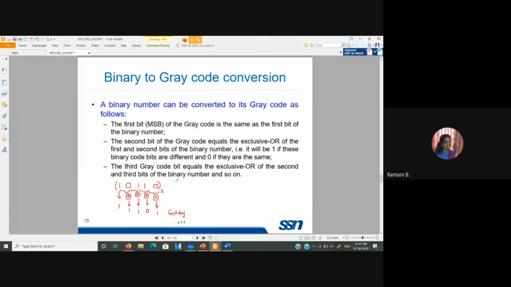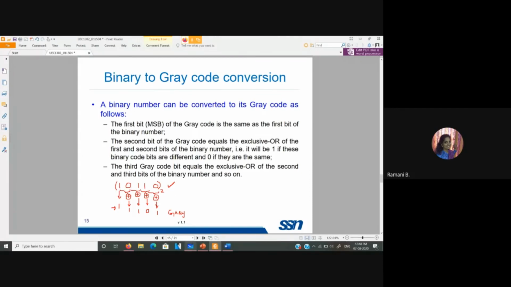So here I have considered a binary number 10110. So the most significant bit is written as it is. Next, the second bit of the gray code equals the exclusive OR of the first and second bits of the binary number. So we have to perform the exclusive OR operation.